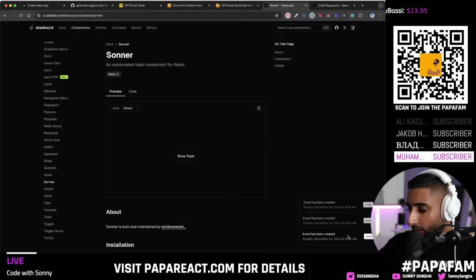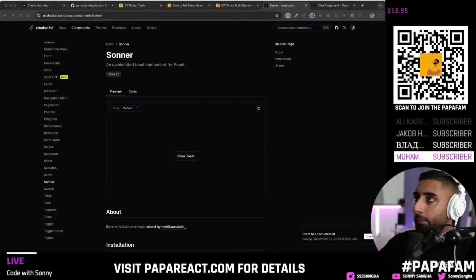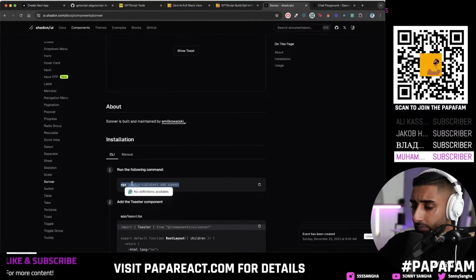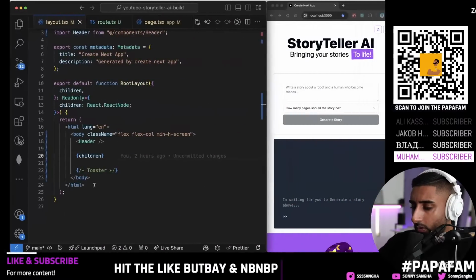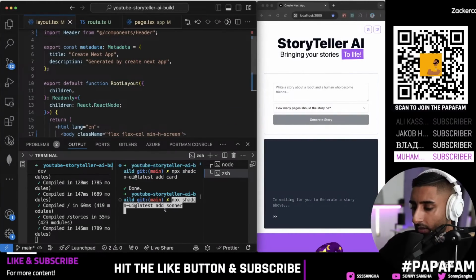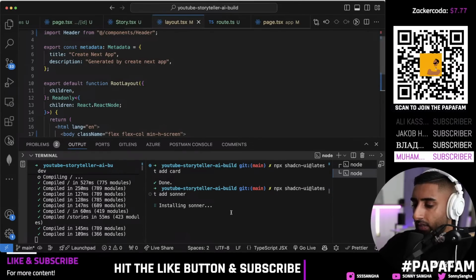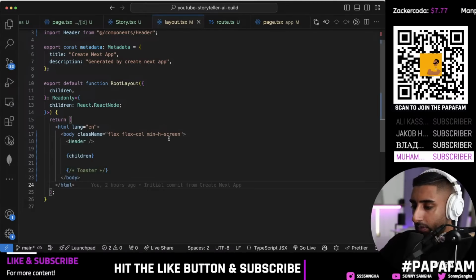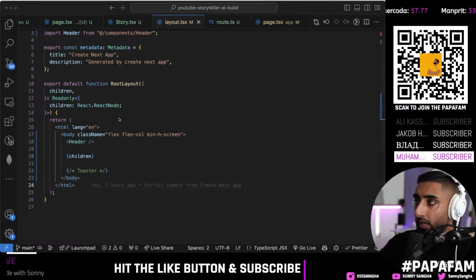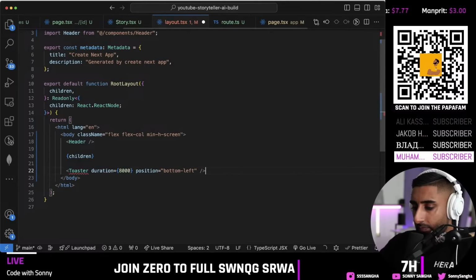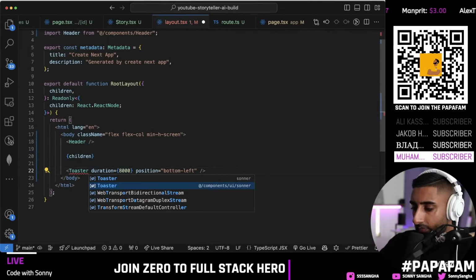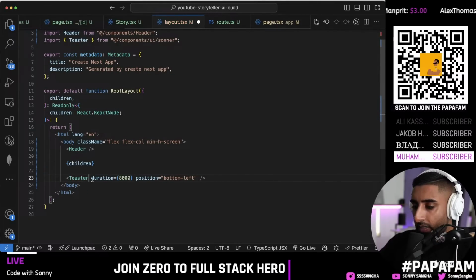Sonner is this nice little carousel that we go ahead and pop in. Install this, we just do the same thing as we've done before. Heading back over here, Command J, pop it into our terminal, install that into our project. It will install the dependency, and the first thing that we need to do is go ahead and pop it in like so. Now the toaster we can pull in from components UI Sonner,